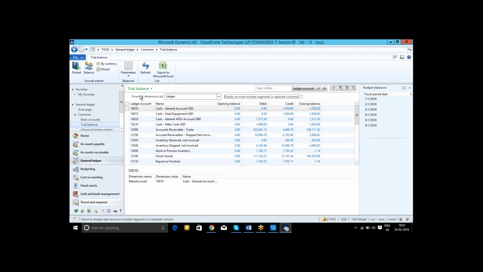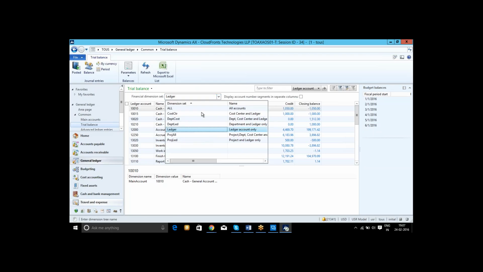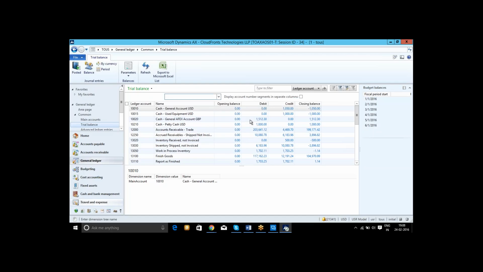Here there is a feature, financial dimension set. Right now I have selected ledger. When I open the drop-down, these are all dimension sets. Dimension sets are for when you want to see your trial balance in such a way that you see the department, cost center, and ledger. So I'm selecting the third one, the department, cost center, and ledger. When I click on this, what happens is